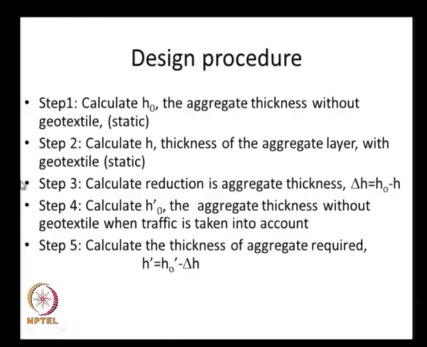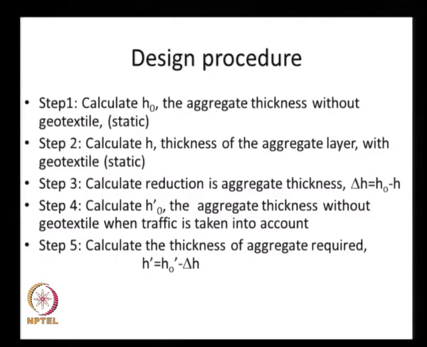And step 2 is to calculate the thickness of the aggregate layer with the geotextile or the geosynthetic, and we can calculate the reduction in the thickness delta H as H naught minus H, and calculate H naught prime, that is the aggregate thickness without geotextile when the number of load passes is considered, because the previous equation is only for one single load application or the constant load,